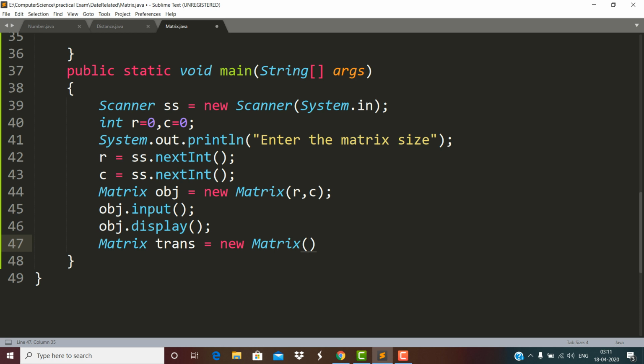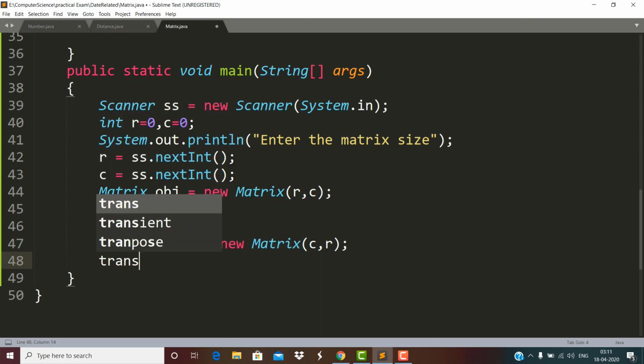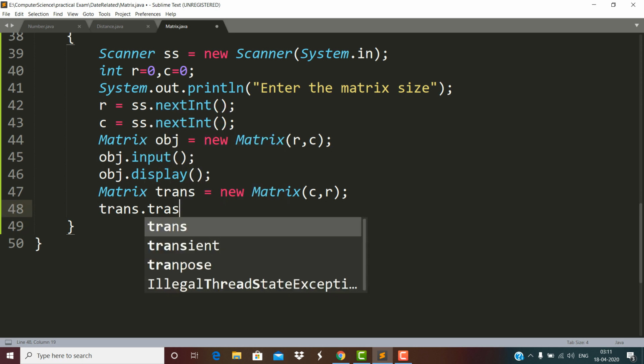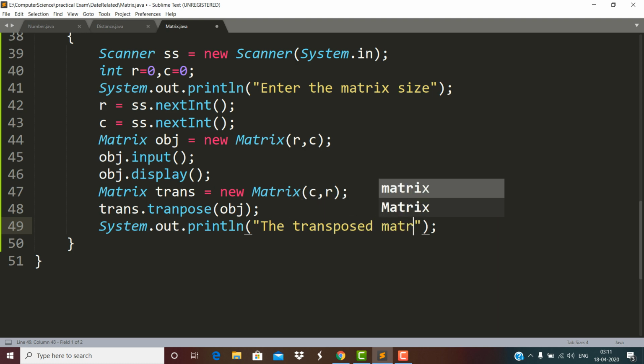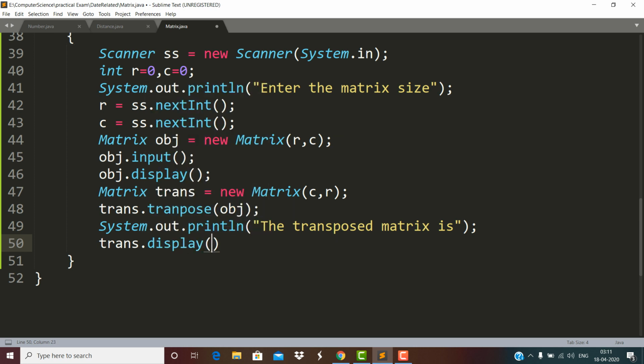So here I would like to write c comma r, and then I would like to call this, so that is trans dot transpose, passing this matrix obj, and after that the transposed matrix is displayed, so that is trans dot display.